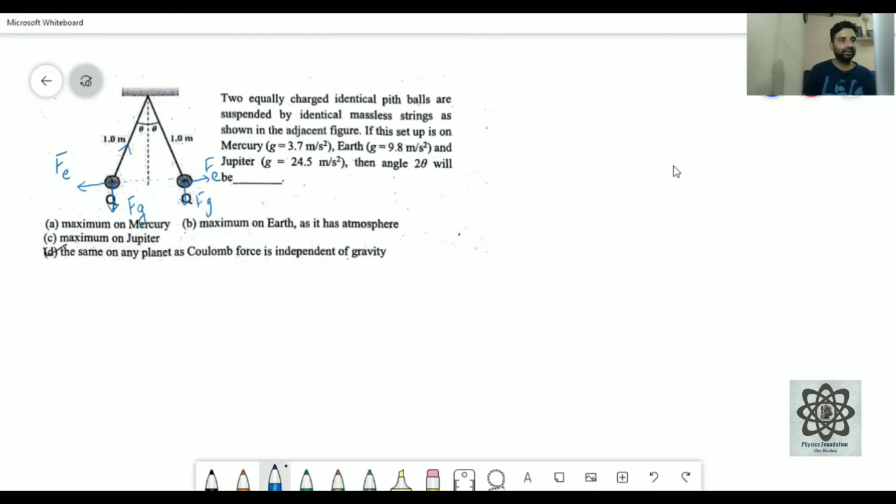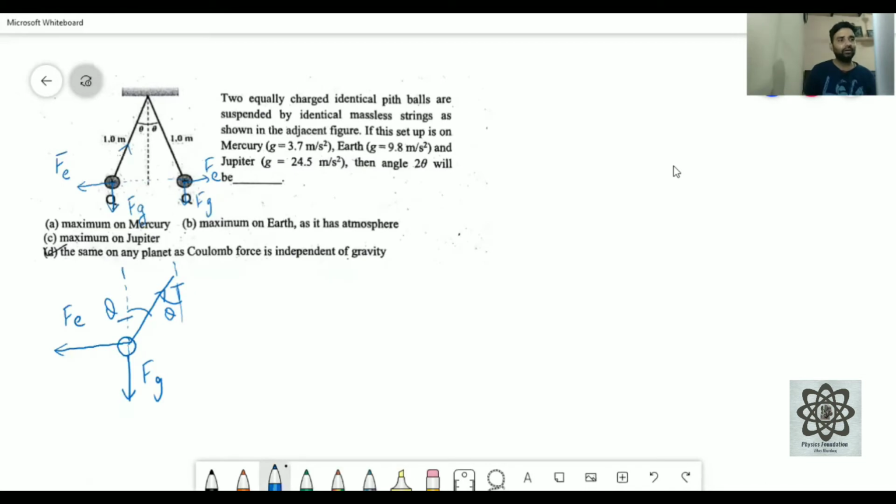So when we take a single positive charge, we will see that there is an electrostatic force to the left. In the downward direction there is Fg, and there is a tension in this direction. Now we will see that this is the angle theta that is given. If we take another line parallel to this one, we will see that this is an alternate angle, and this is theta.